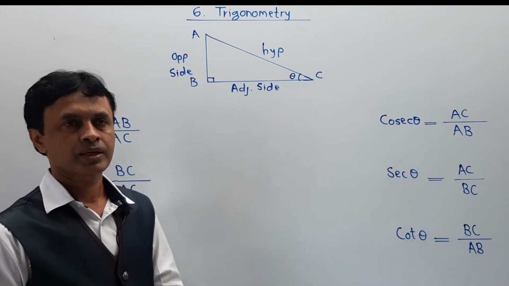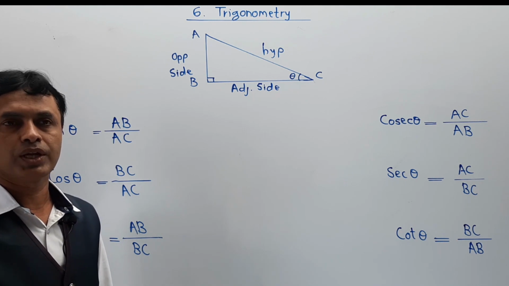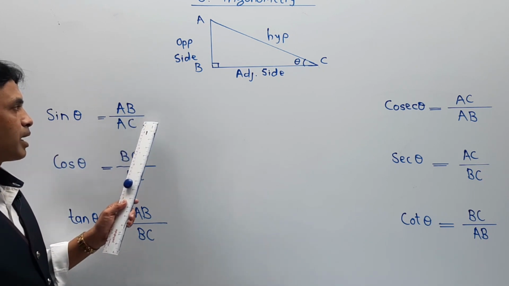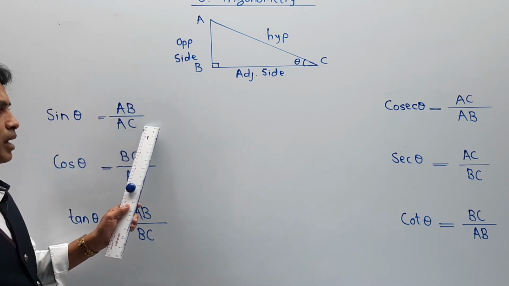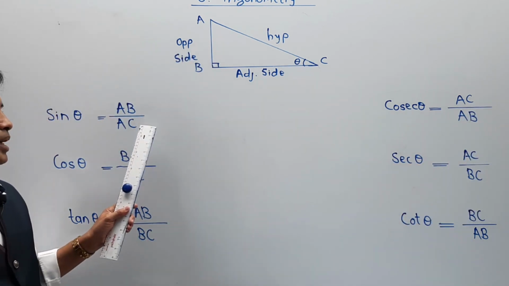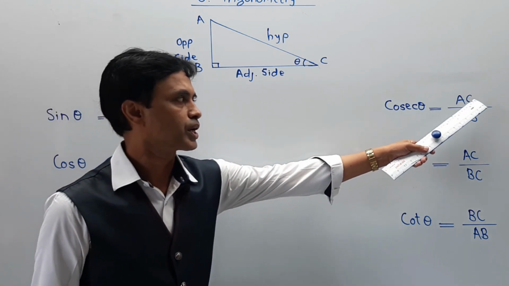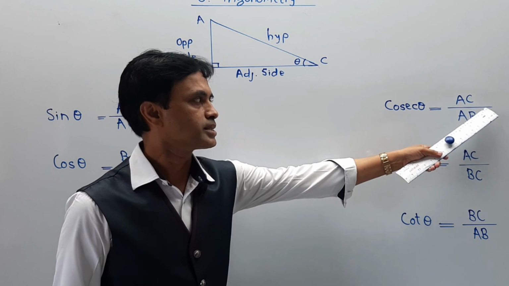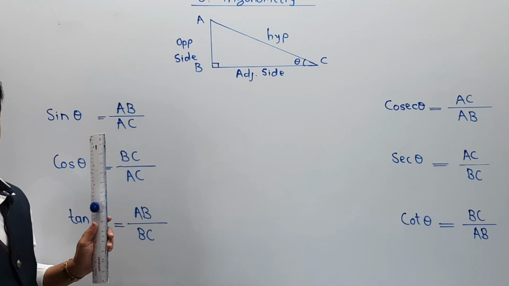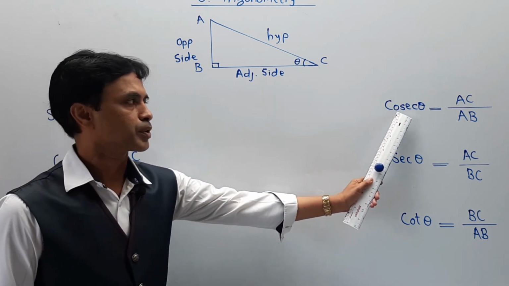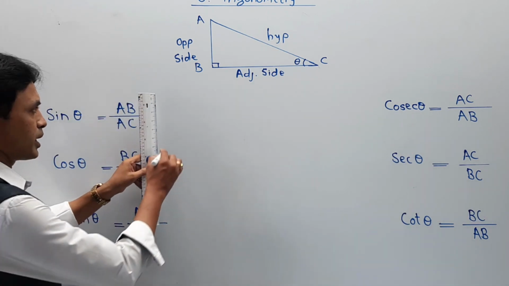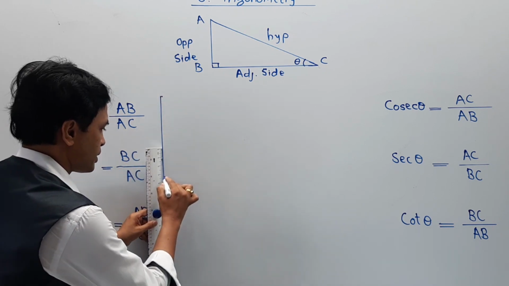Now, you can find one part which is in correlation, and the part we are trying to understand over here is, sin theta is AB upon AC and cosec theta is AC upon AB. Exactly, AB upon AC becomes reciprocal over here as AC upon AB, or you can say AC upon AB becomes reciprocal over here as AB upon AC. Simply you can say that sin theta is a reciprocal of cosec theta, or cosec theta is a reciprocal of sin theta. And now we are going to write their combined properties over here.